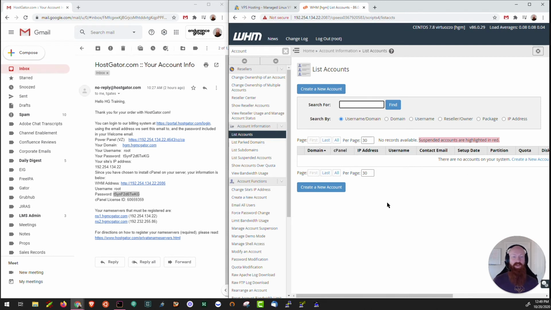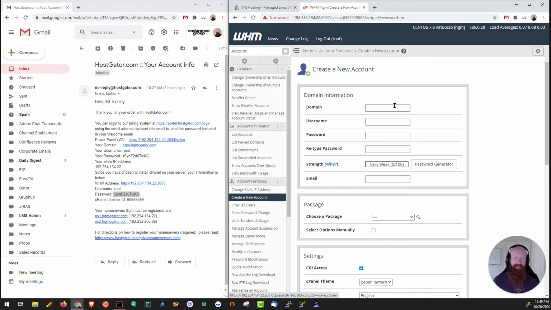List accounts is actually going to show you all of the cPanels that you have on your server. If you have a new VPS or dedicated server, you may not actually have one yet, so you can click the Create a New Account button and start the process to create your first one. You can fill out all the information here that you need to. We actually have a video of this already on YouTube, and I'll link it here in the comments as well. Again, clicking back on the WHM to get to the main menu.